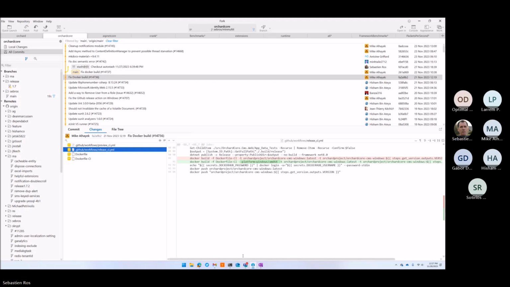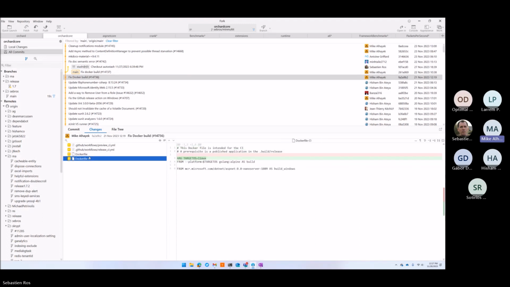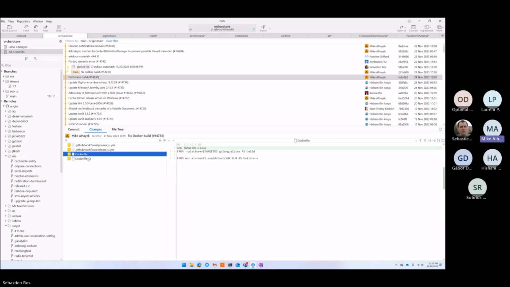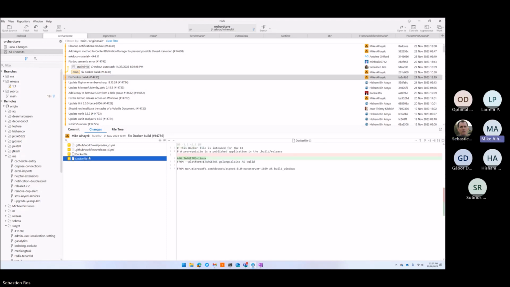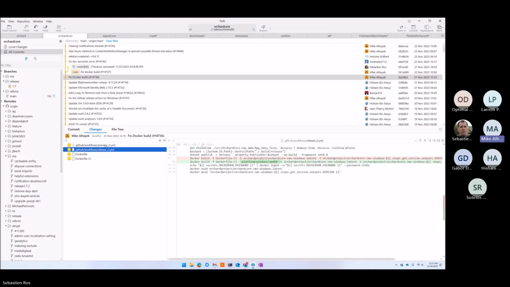Would you try that? So yes, dash platform. Okay, so you did that. And it still doesn't work. Yeah, I thought just by passing that, it would parse it correctly, but that's what I thought too, yeah. You have to pass the value. And unfortunately, I can't test it locally because my image is Linux. So for me, it would work, but I can't get it to work on Windows.